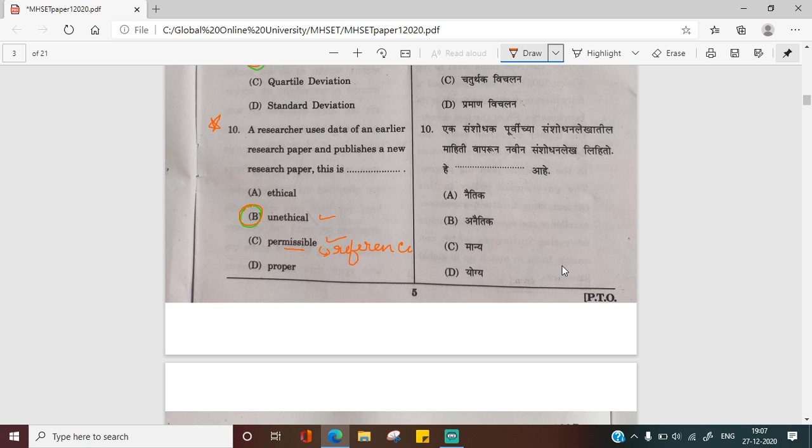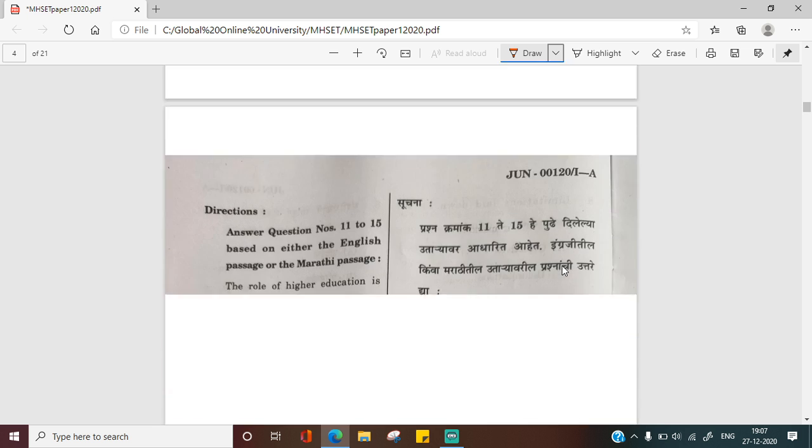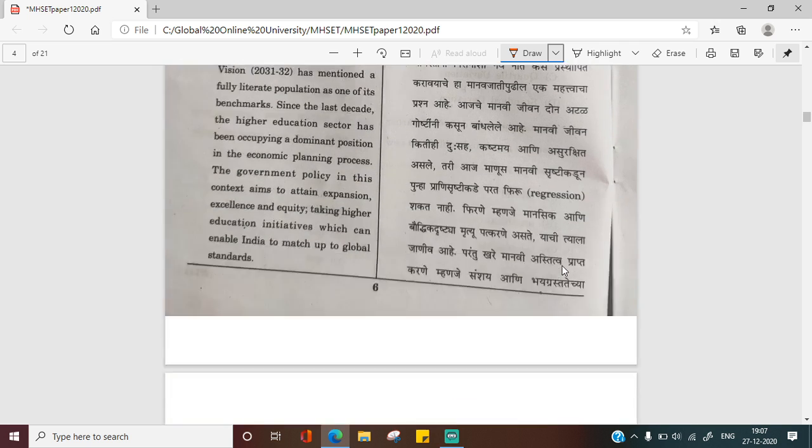A researcher uses data of an earlier research paper and publishes a new one. So whether he has put reference or not, he hasn't put reference. So this is an important point. This will decide whether your answer is going to be unethical or permissible. For now, I have marked your answer as unethical. Assuming that he has not put the reference. So for your passage,